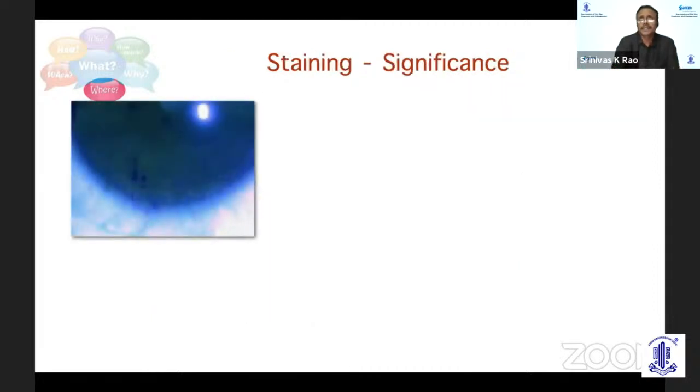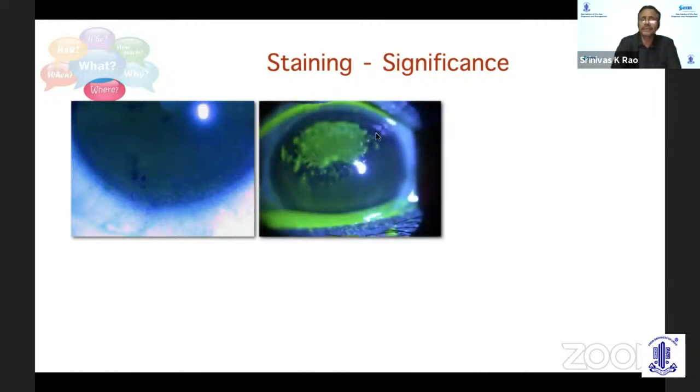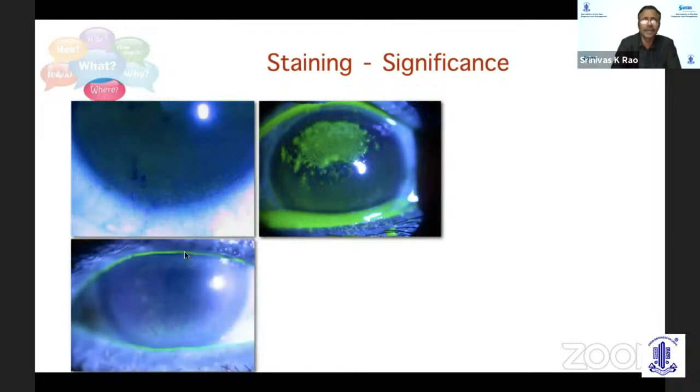The reason why I said that the area of staining is important is because if you see staining only in the inferior 1/3 of the cornea, this often depicts lid margin disease, because most of the toxic stuff from the meibomian glands and the blepharitis tends to pool in the tear meniscus and the adjacent cornea gets affected. Similarly, if you see changes mostly in the upper 1/3 of the cornea, this is from the upper eyelid, typically some allergic phenomenon. And if it's in the interpalpebral exposed area of the cornea, it's some kind of dryness with